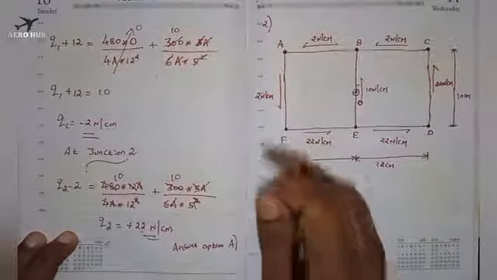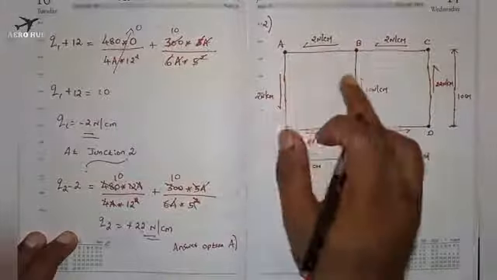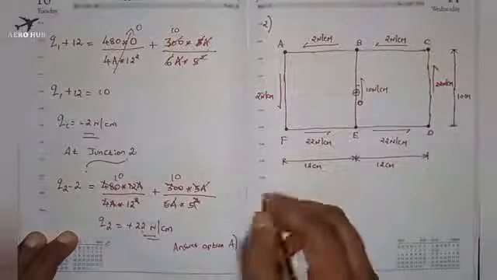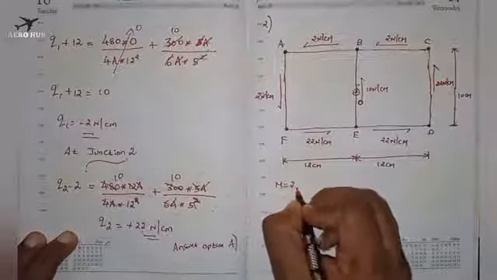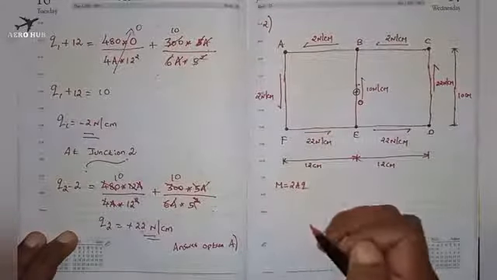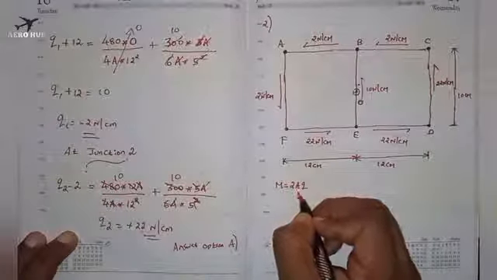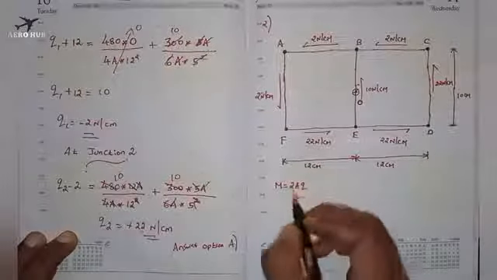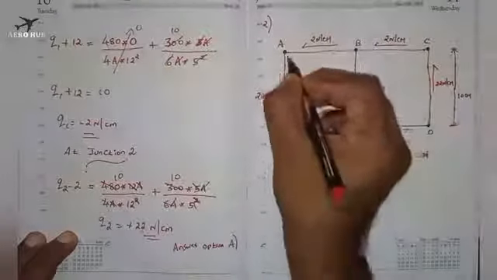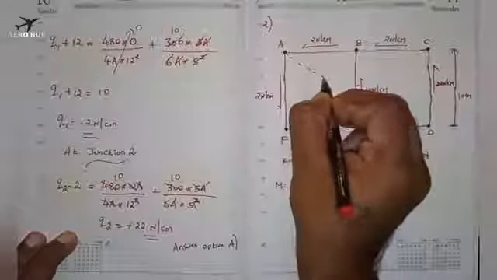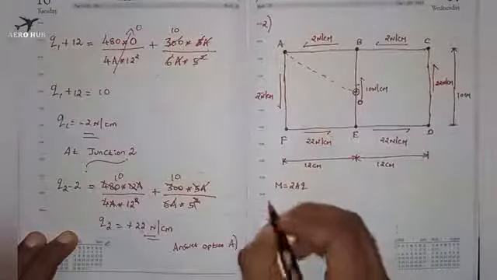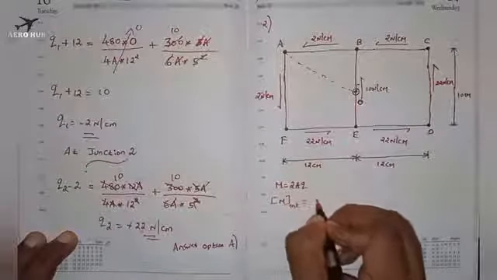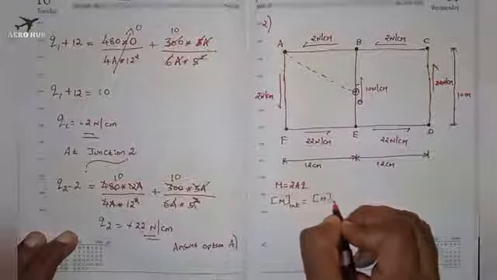Okay, so between the booms A and B we have a constant shear flow. When you have a constant shear flow, the moment will be equal to 2 times the area into q, and we are taking moment about this point O. Also the summation of internal moment will be equal to the summation of external moment.